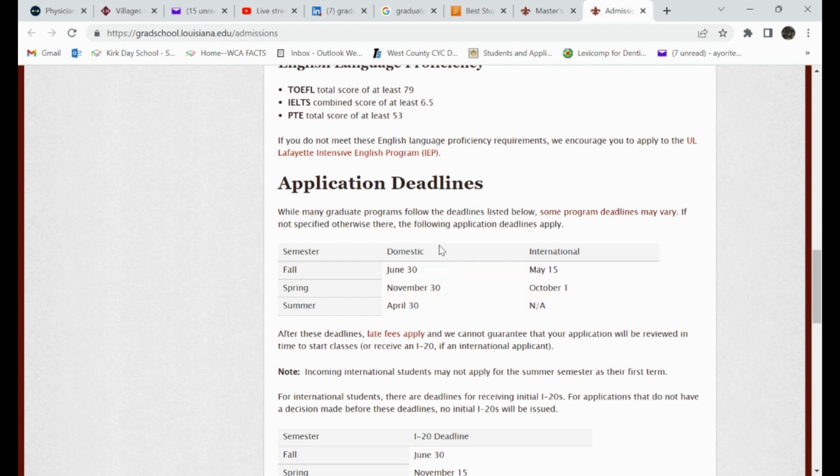If you're applying for fall, these are for only domestic students, that's US-based students that are within the US. But if you are international, you're applying from outside the US, you need to take note of these days. This is the last day you can submit. If you don't submit before the 15th of May for the fall 2023 program, you're not going to get it. Because if you read down here, it says there's a late fee, and we cannot guarantee that your application will be reviewed in time to start classes, because you would need your